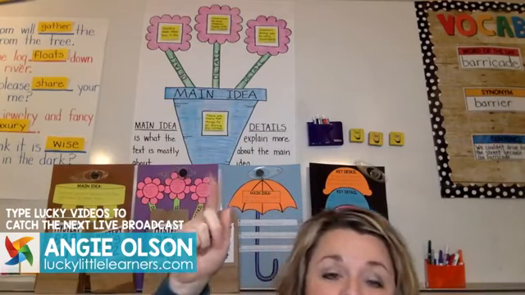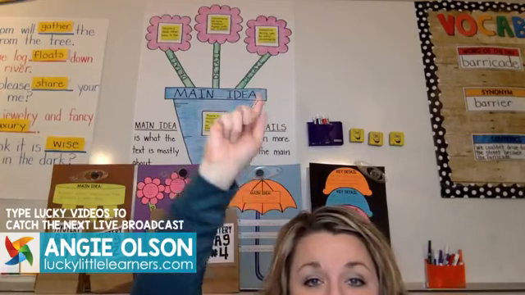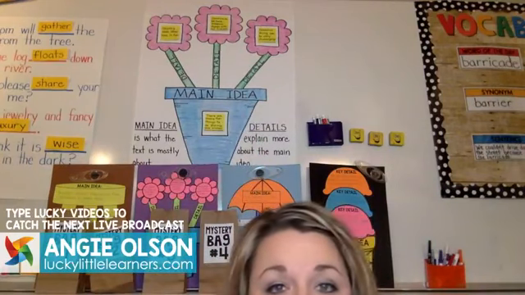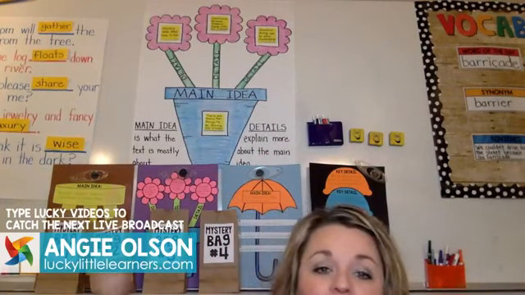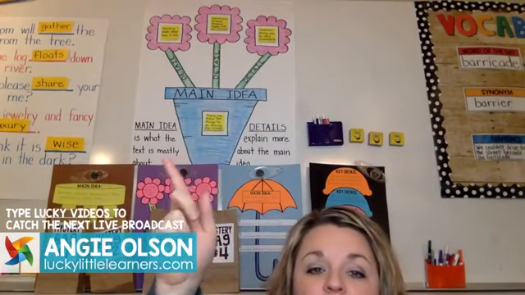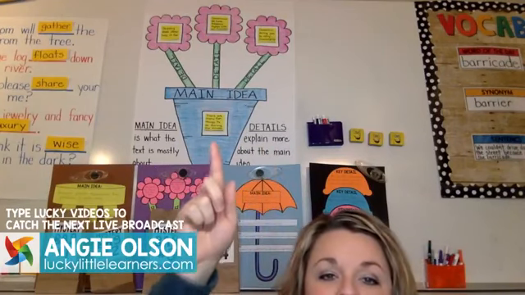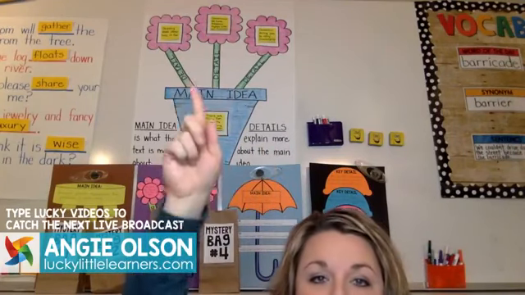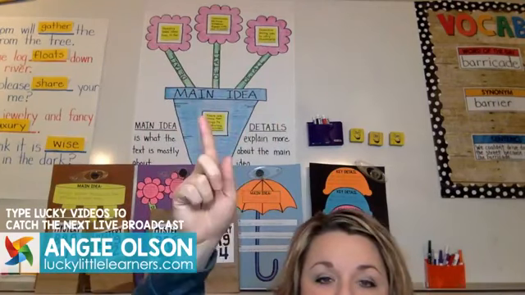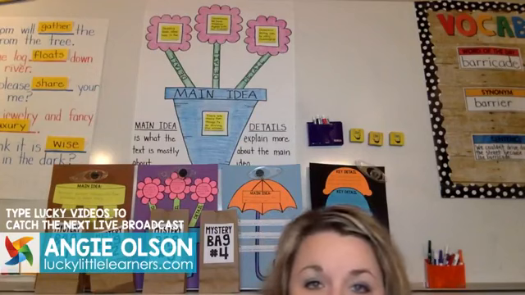So what I do is I bring my anchor chart paper home. I would make the pot, the stem, the petals in the comfort of my home, and I would laminate it. Then I would bring it to school, and they're going to help me determine what is the main idea, what are details, and help add those details and main idea on a Post-it note or a write and wipe type of scenario on the laminate.